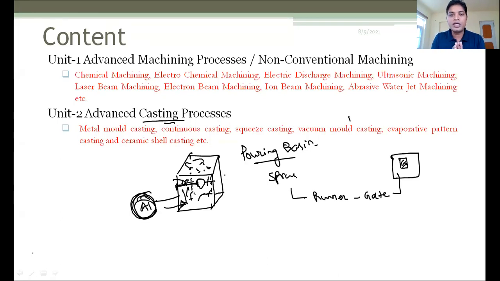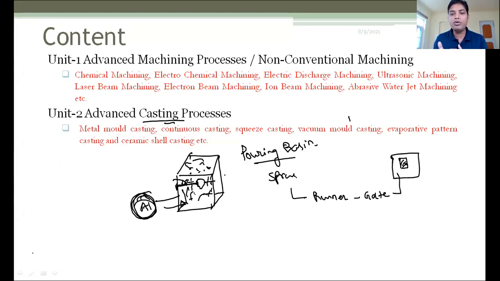After that, you have studied different types of gates like top gate and bottom gate, and the time calculation part. I hope that you also discussed that and numerical problems. And you have studied the different types of sands and different types of binders, and what the combination is, for example moisture sand, or green sand or loam sand. You have studied different types of sands,